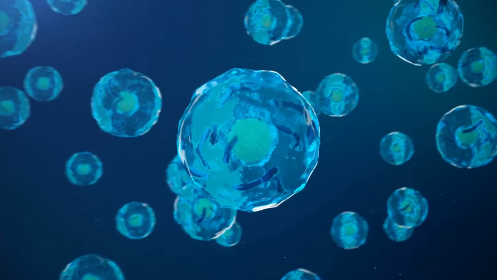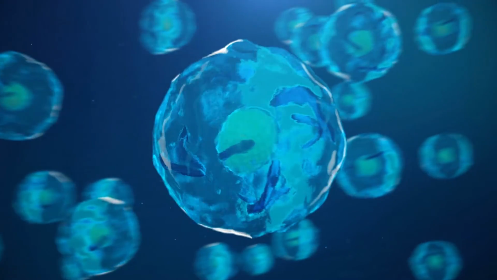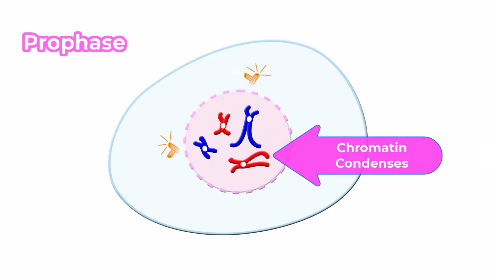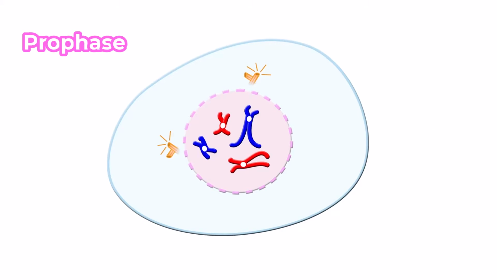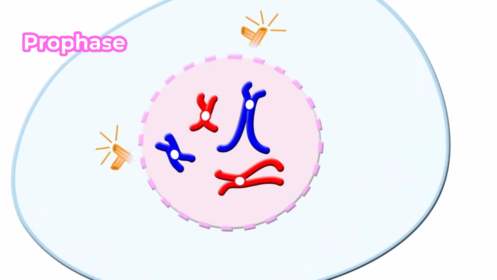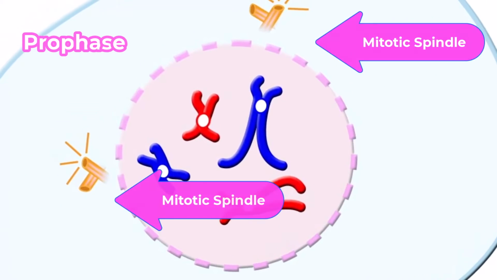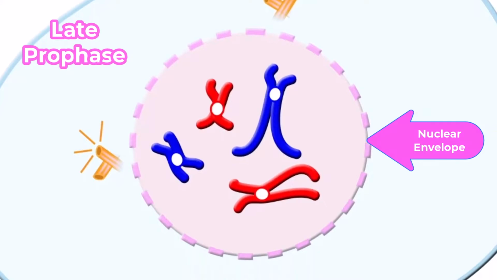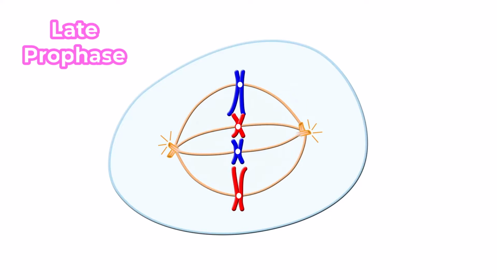Mitosis begins in prophase. During prophase, changes occur in both the nucleus and the cytoplasm. In the nucleus, the chromatin fibers coil so that the chromosomes become thick enough to be seen individually with a light microscope. Each chromosome here exists as two identical sister chromatids joined together at the centromere. In the cytoplasm, the mitotic spindle begins to form. Late in prophase, the nuclear envelope breaks into pieces. The spindle tracks attach to the centromeres of the chromosomes and move the chromosomes towards the center of the cell.